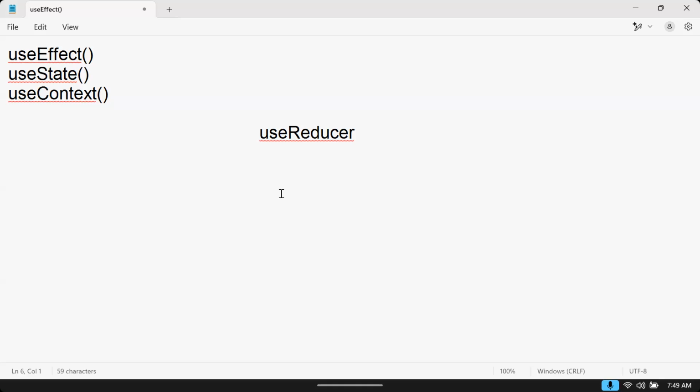Again, the problem is the same as the previous one. What was our previous problem? useContext is using context, but it is not creating context. We have to create the context and we have to use the context. So technically, what is useReducer? How it is implemented, we will see. Here one problem is that